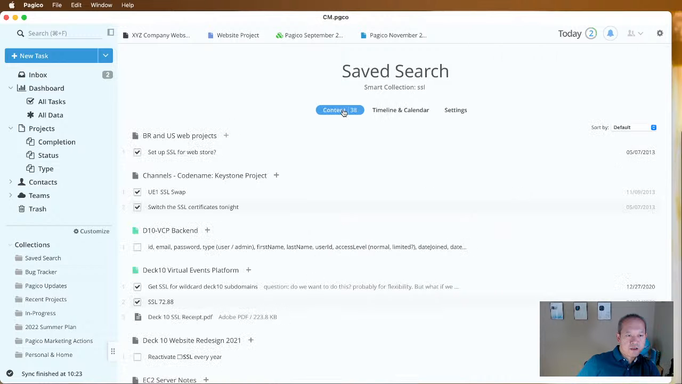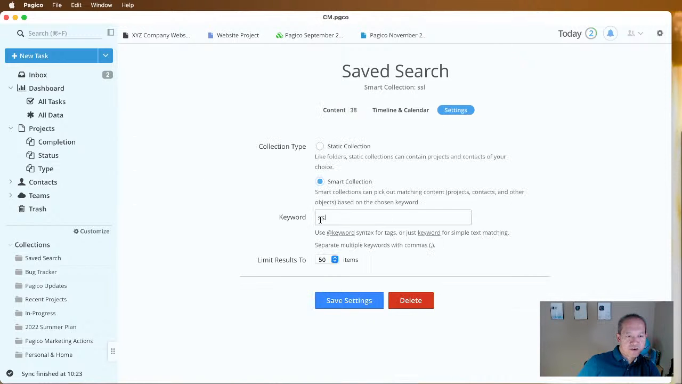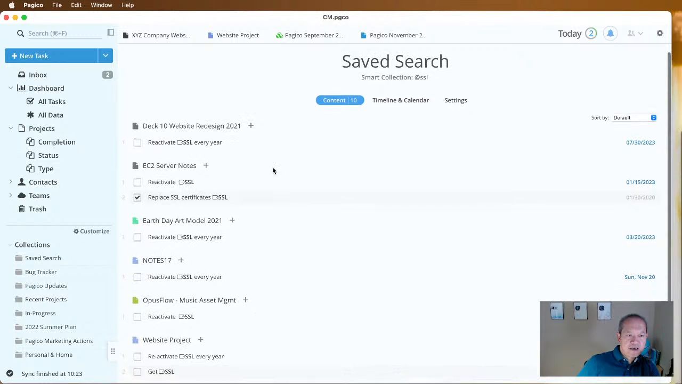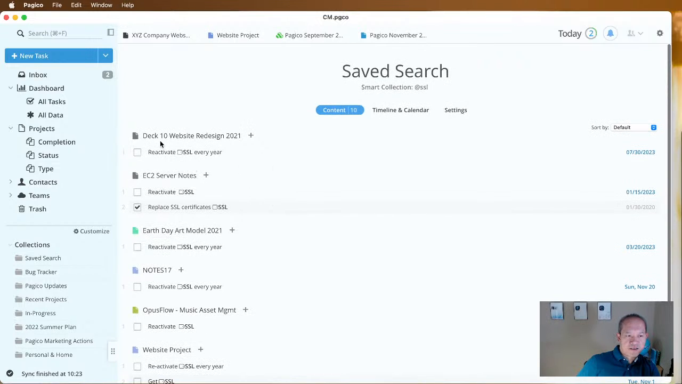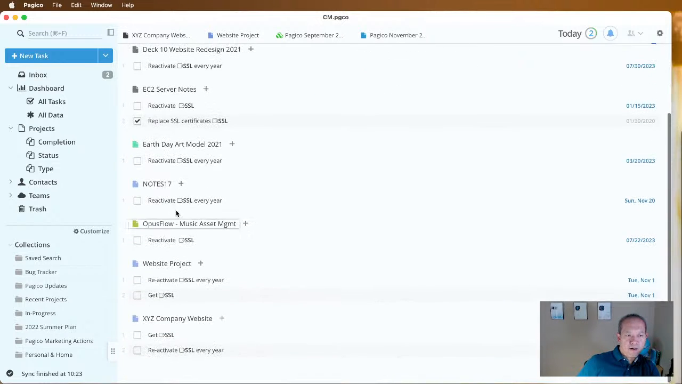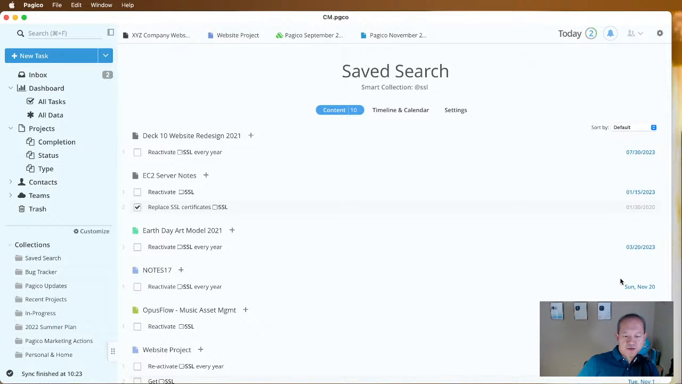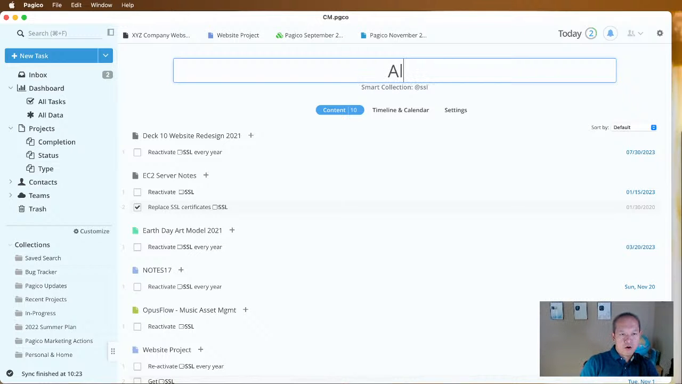We should be able to see a lot of content showing up. Okay, yeah. So let's go ahead and do the @SSL to make sure that we're filtering by keyword. And now we have these things showing up. So you have one place to see all of your projects that involves SSL, as well as their due dates, right? And so this is a really good way to summarize information and frame them in a way that benefits you the most, right? So you can actually save the search and give it a name called all SSL certs,